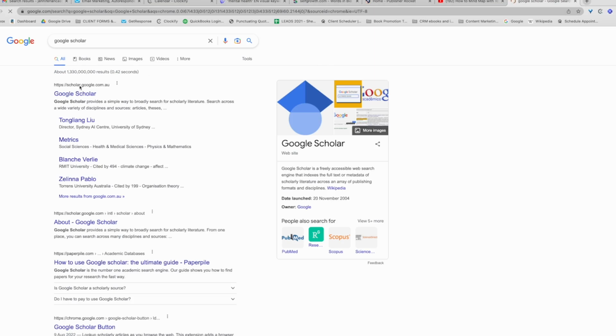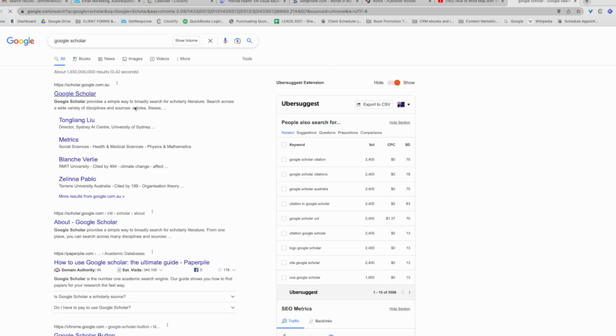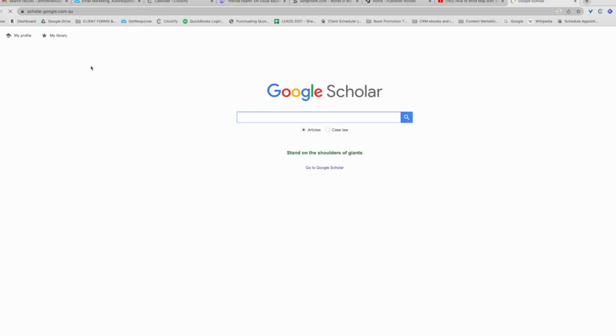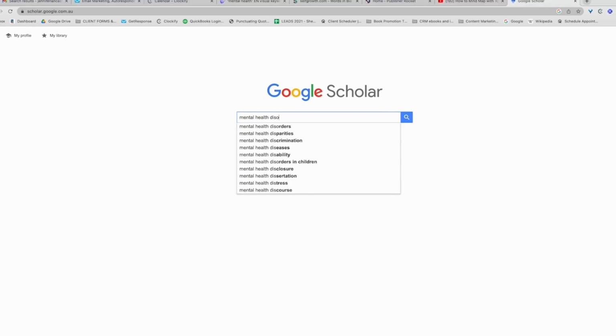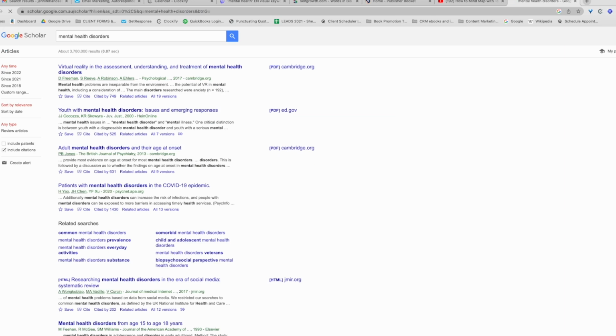You know, if you're not at a university, you've got to use other tools because your university library might be off kilter. But if you go to Google Scholar, you can look up all these articles anyway. So that's another hack. Let's just go mental health disorders. So it's giving me the actual places I should get my information from for this because I don't want the general run-of-the-mill stuff.